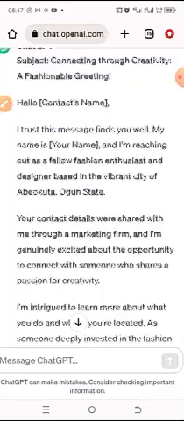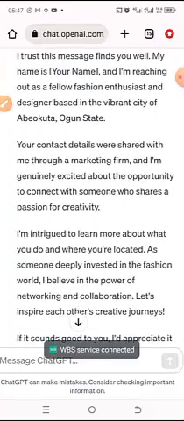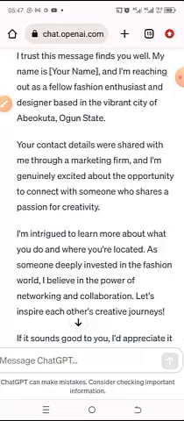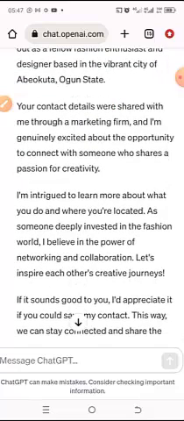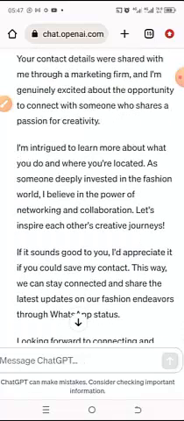You have to redesign that paragraph to let them know that you are the fashion designer, but you want to know what they do so that when you meet, you can see what you can patronize for them and what they can patronize from you. Your contact details were shared with me through a marketing firm, and I'm genuinely excited about the opportunity to connect with someone who shares a passion for creativity. Or, sorry, this will be who shares the same location with me. You understand? So, you want to rewrite that. To learn more about what you do and where you're located, as someone deeply invested in the fashion world, I believe